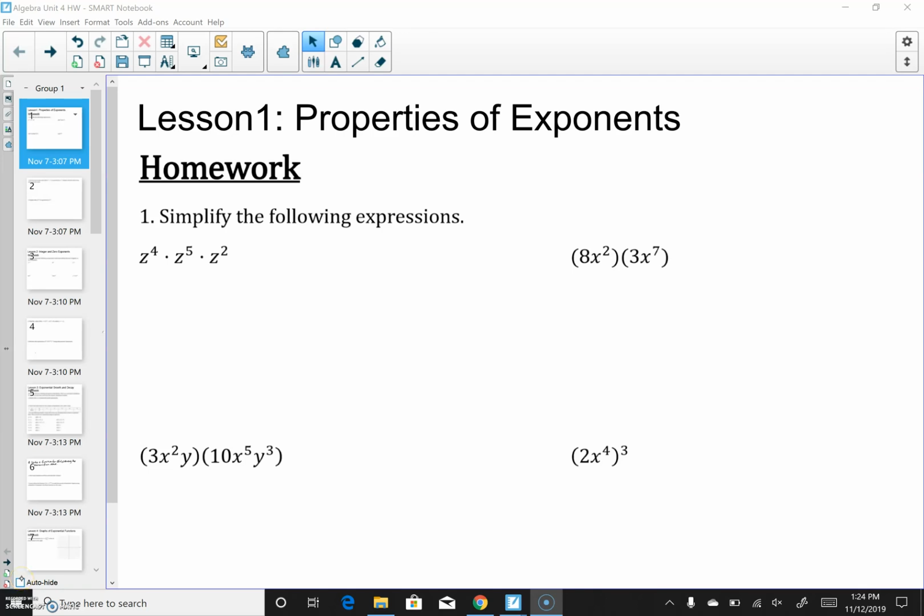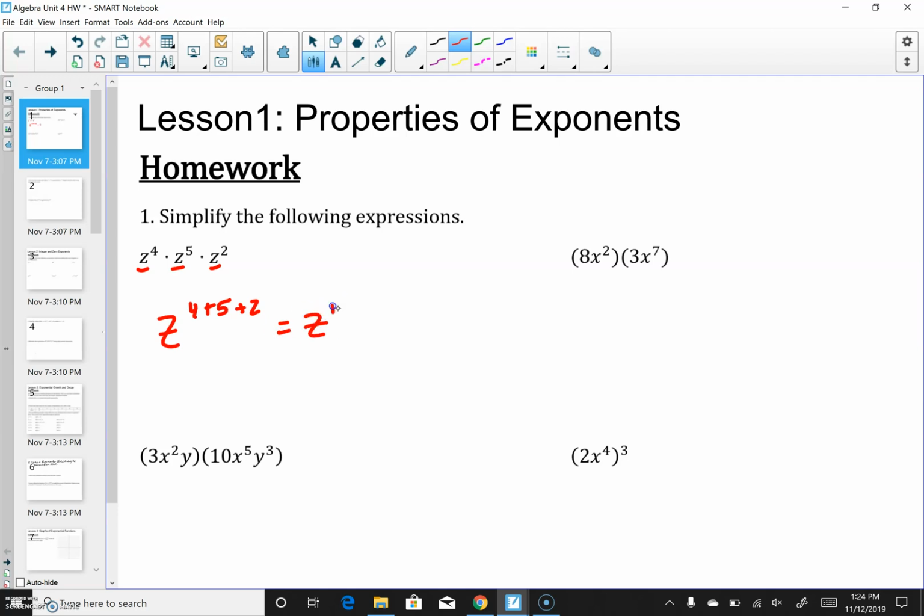In lesson 1, we want to talk about our properties of exponents. So for the first one, z to the 4th times z to the 5th times z squared, since they all have the common base of z, we want to take our exponents and add them together. So really we have z to the 4 plus 5 plus 2. So 4 plus 5 is 9, plus 2 is 11. So really when we multiply those all together and add our exponents, we end up with z to the